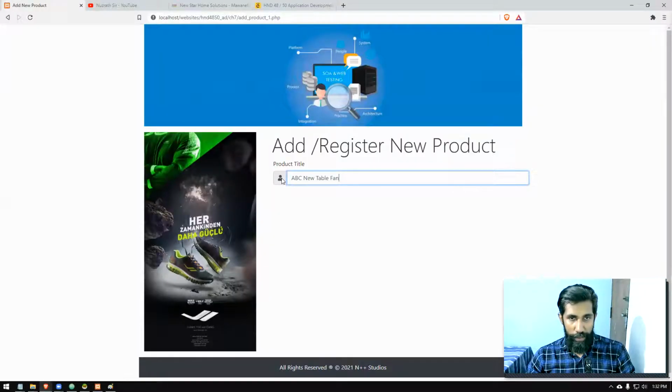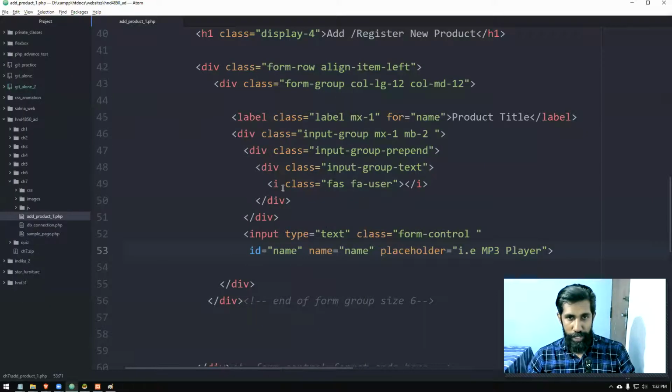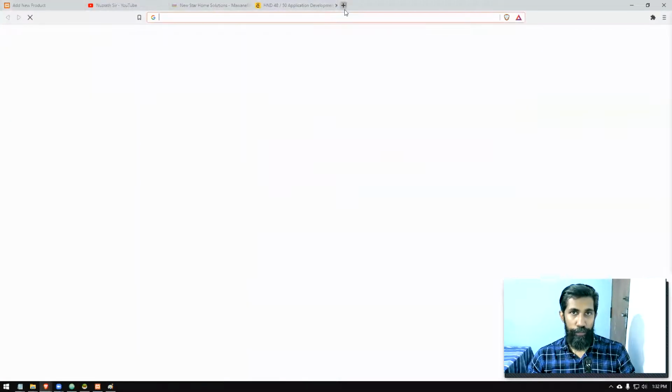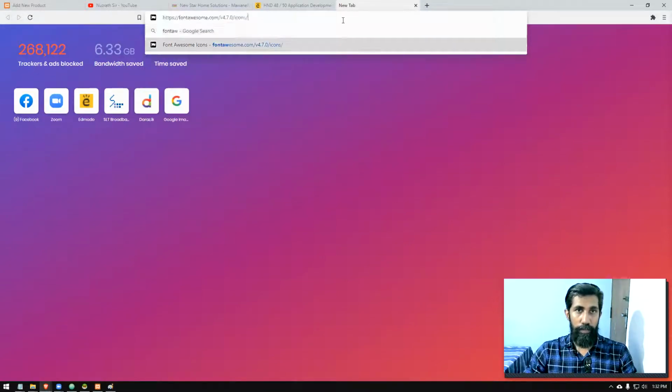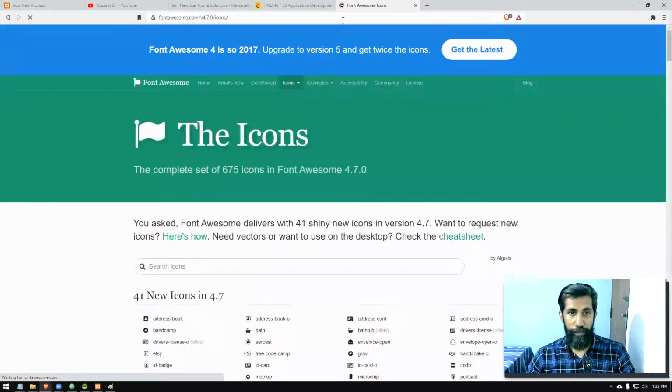This icon also you can change. This is the place where you are using the I tag like this. This is using Font Awesome. FAS, S stands for solid. If you want to learn how to use those things, you can go to the Font Awesome website and go for the icons.